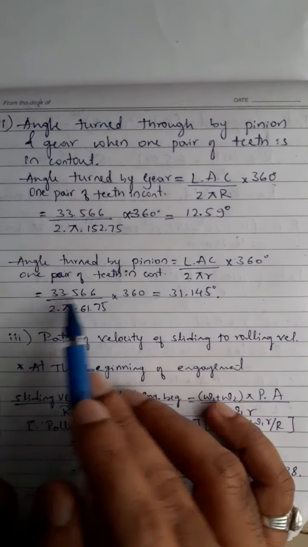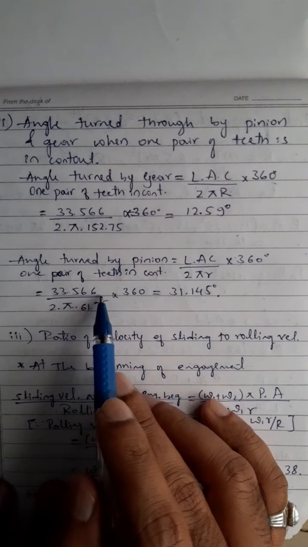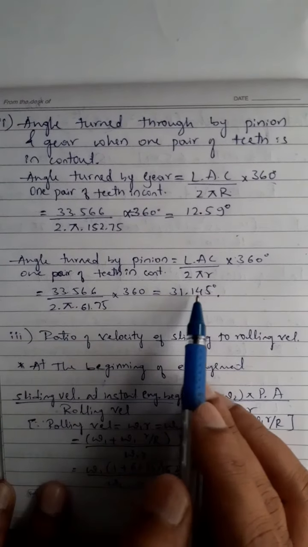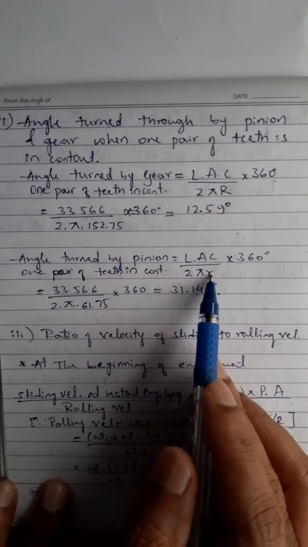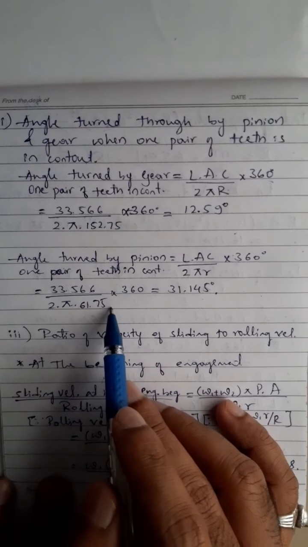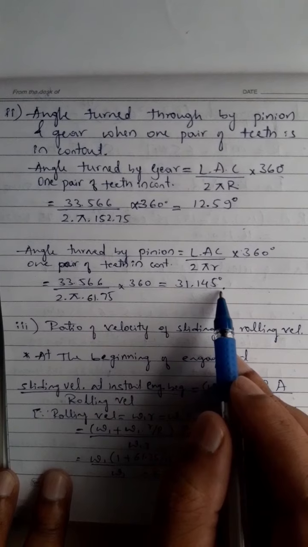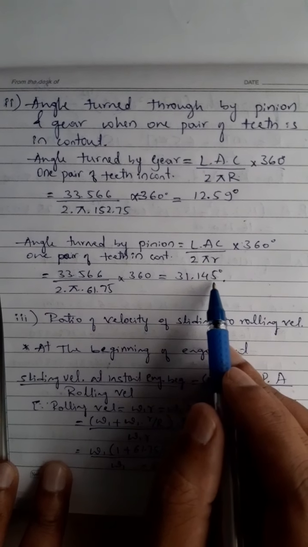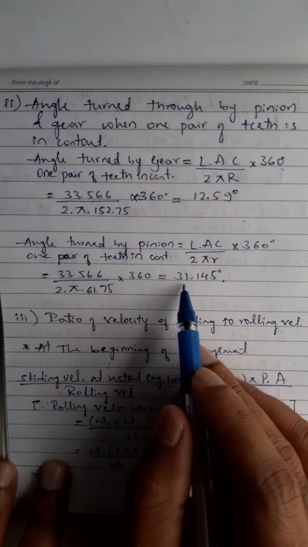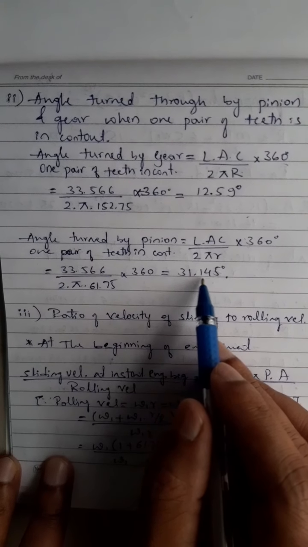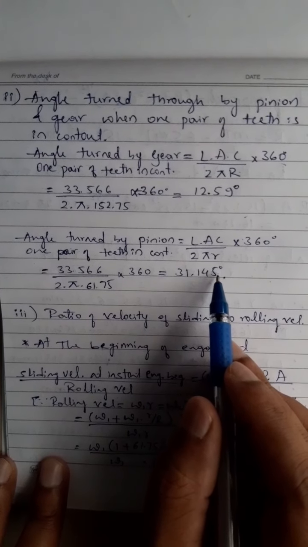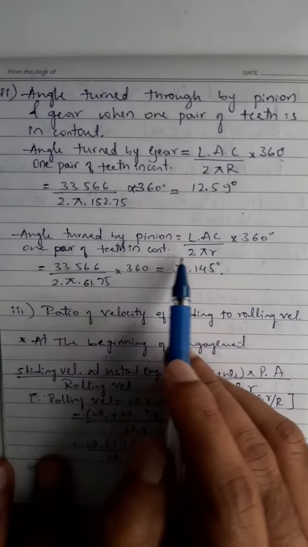So the length of arc of contact is 33.566 divided by 2 pi into the pitch circle radius of the pinion as 61.75, into 360 degree, and here we get it as 31.145 degree. That means the pinion is turned through an angle of 31.145 degree when one pair of teeth is in